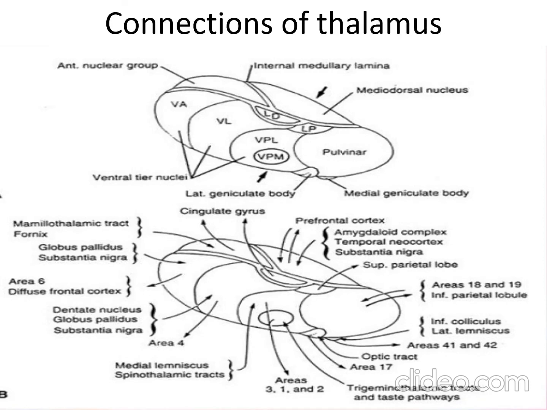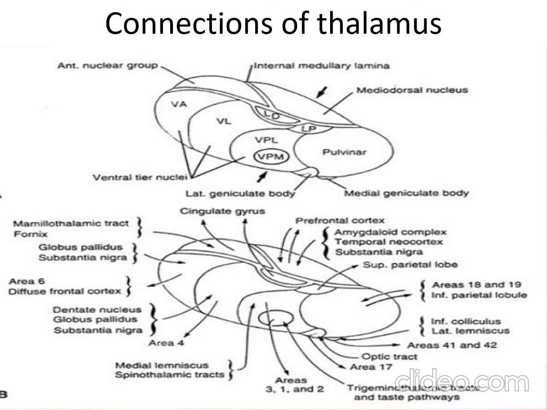Then the next one here is the medial nucleus, which receives its afferent fibers from the other thalamic nuclei, the amygdaloid nucleus, hypothalamus and basal ganglia, and it sends its efferent fibers to the prefrontal cortex, that is to the area 9, 10, 11 and 12. This is mainly responsible for personality and emotion. Then the next is ventroanterior and the ventrolateral nucleus. They receive afferent impulses from both the basal ganglia and the cerebellum and send efferent fibers to the motor and premotor area, and these two nuclei are responsible for motor integration.